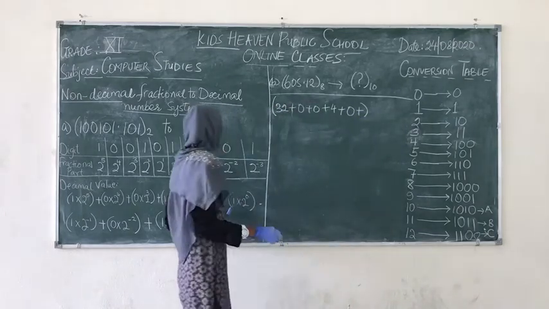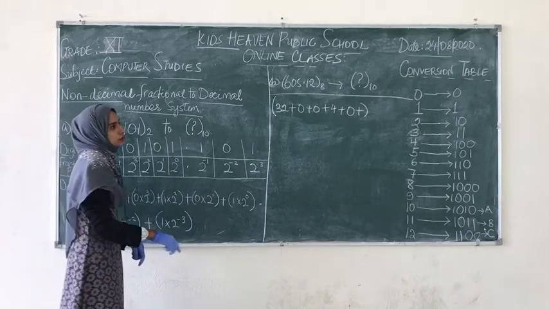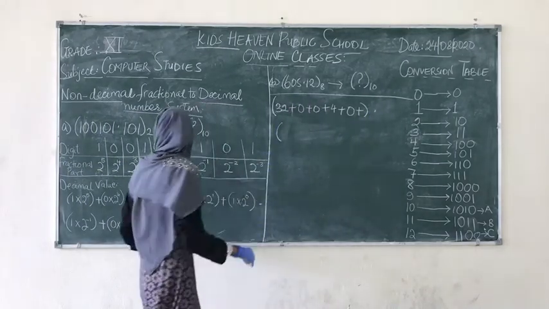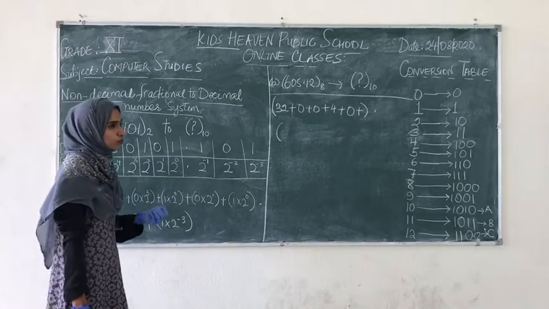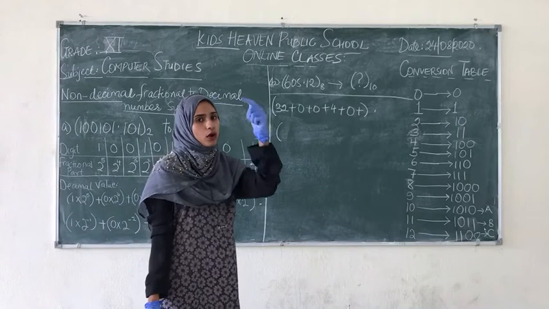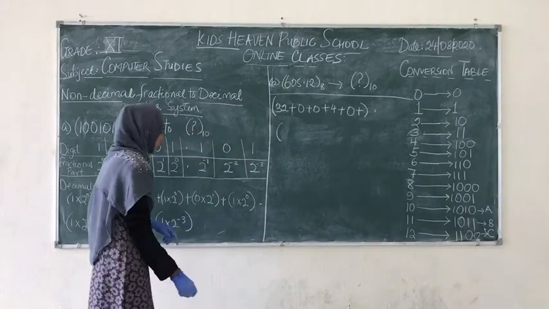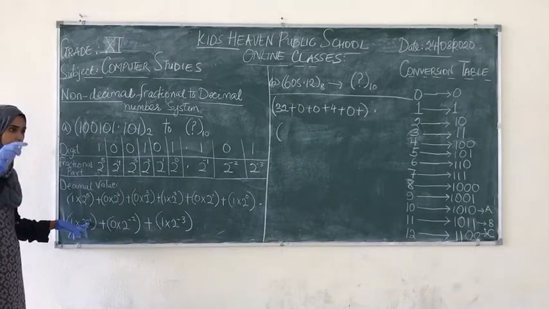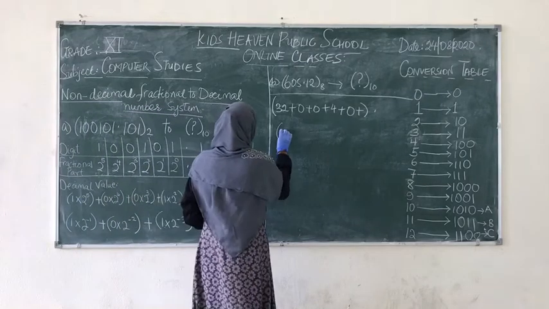Okay? Now this is the integer part. Let's take the answers to the fractional part. Now we have 2 to power minus 1. Now when we have 2 to power minus 1, that is 1 upon 2 to power 1. Okay? When we have a negative exponent power here, we bring 1 upon that. So 2 to power 1, which is 2, 1 upon 2, which is 0.50,